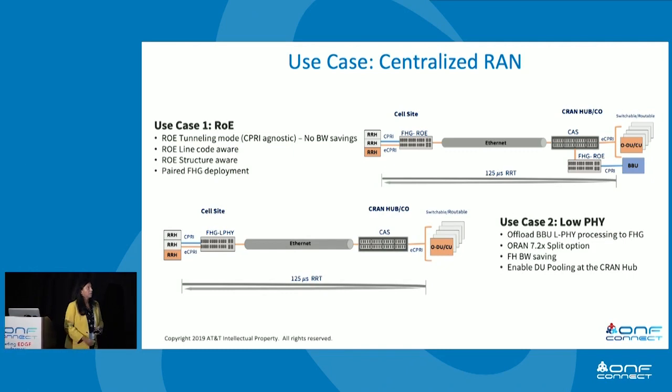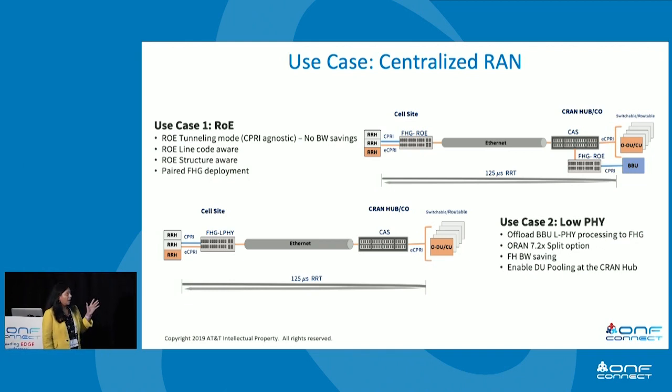The second one is what I would call our end goal. That's the target. This talks about the lo-fi functionality. Traditionally, the BBU has the lo-fi processing. The idea here is to offload that function and put it on the Fronthaul Gateway. If you look at how the 5G radios are being designed, this function is part of the radio. So all of that lo-fi processing happens at the radio for 5G. So if I can do the same thing on the LTE,